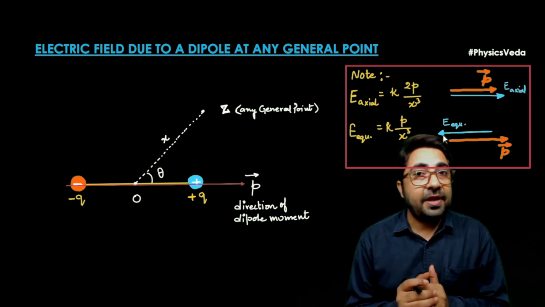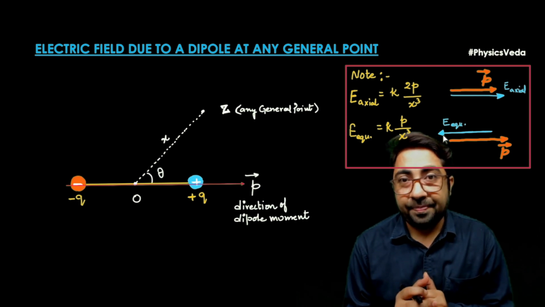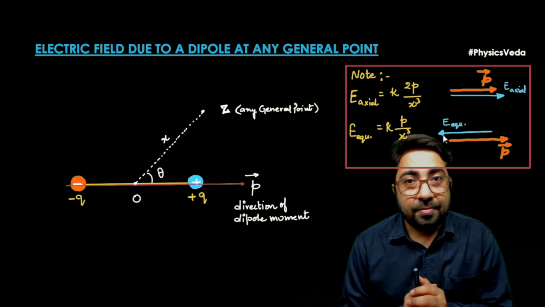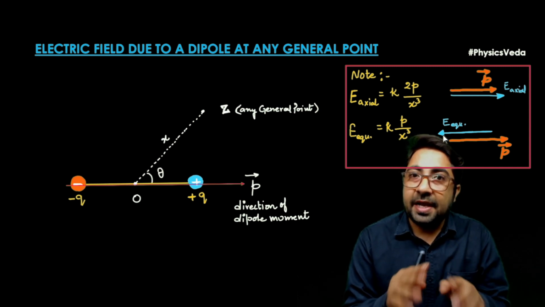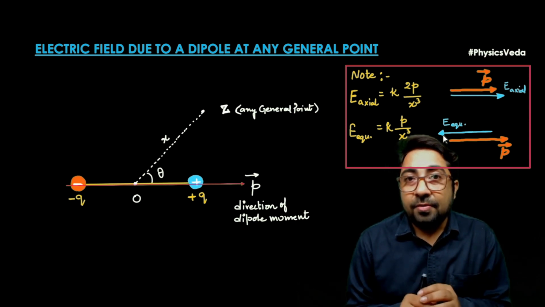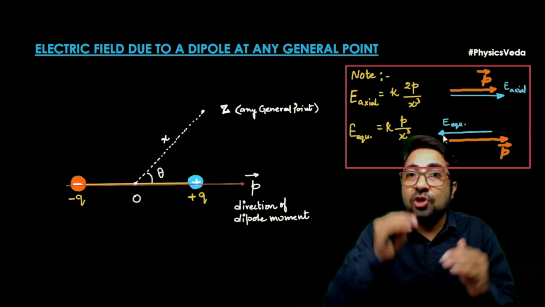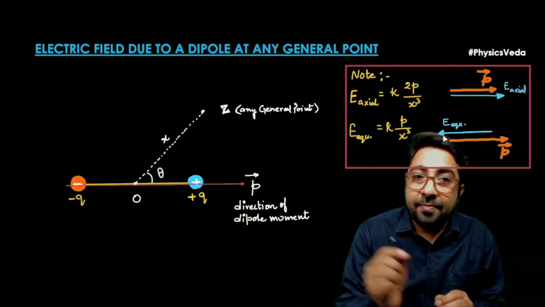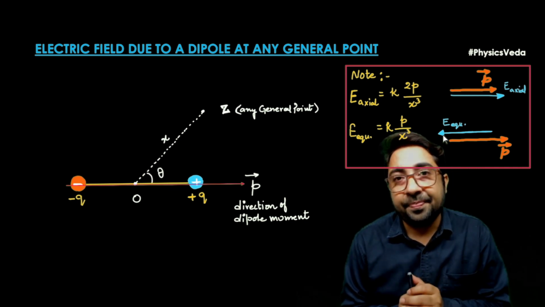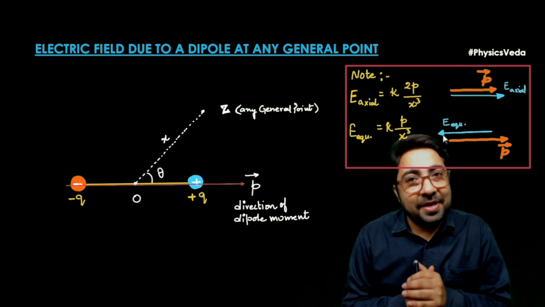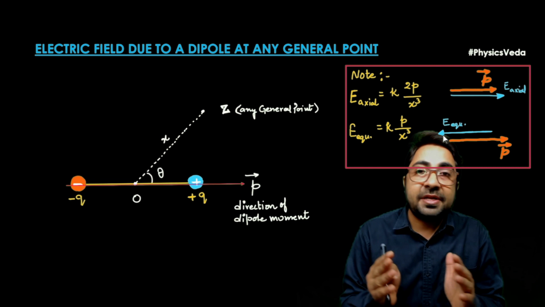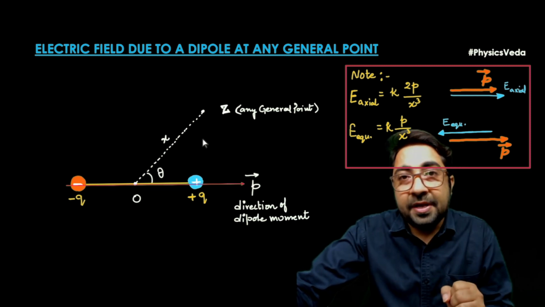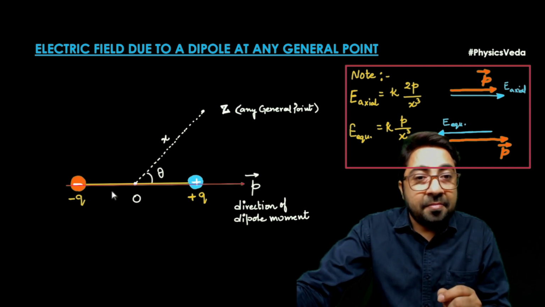Hence, in order to calculate the electric field at any general point, we will use these two formulas. And one point to remember here is that direction is very important. Now we are talking about the calculation of electric field intensity at any general point. So here we will divide the electrical dipole moment into two parts. We will resolve it because we want to calculate the electric field intensity at a point separated from the center of the dipole by distance x, that is, we have an angle. If a vector quantity is at an angle, we can resolve that vector into its two components. So if we look at the diagram clearly, OZ is a reference point on which the vector quantity, that is the electrical dipole moment, makes an angle theta here.